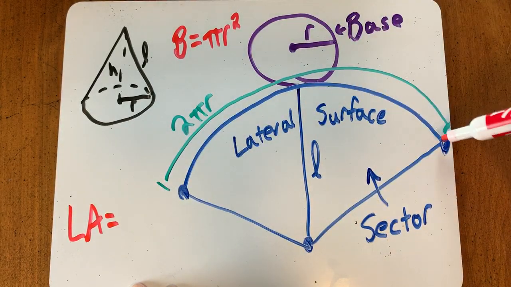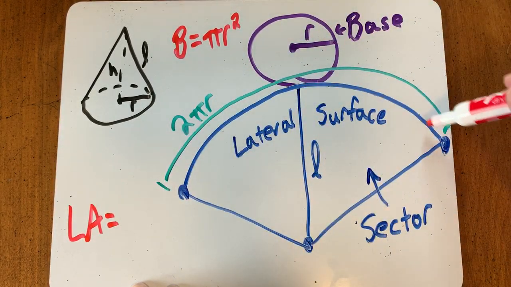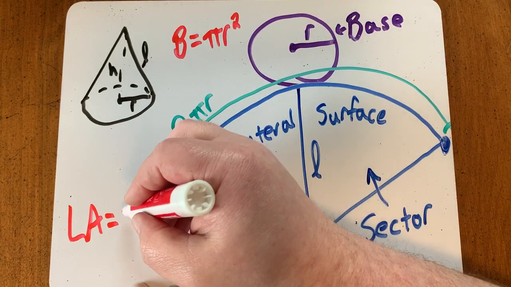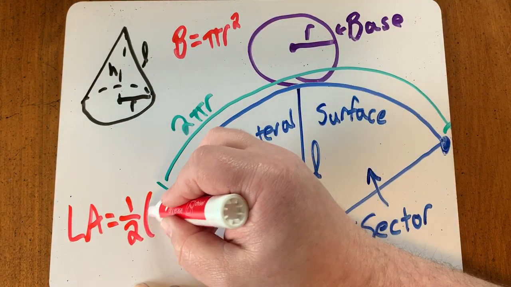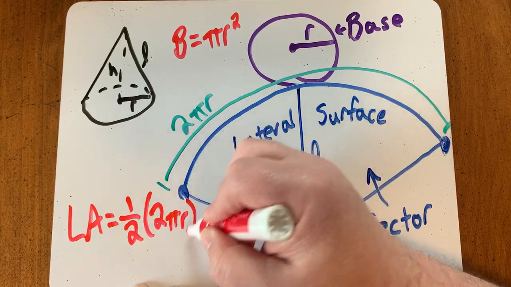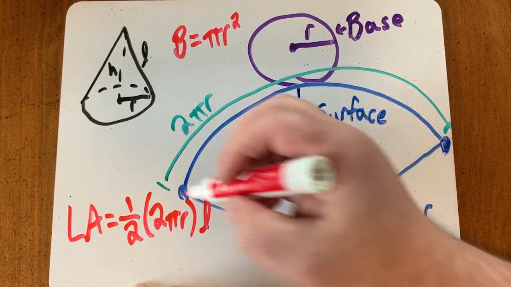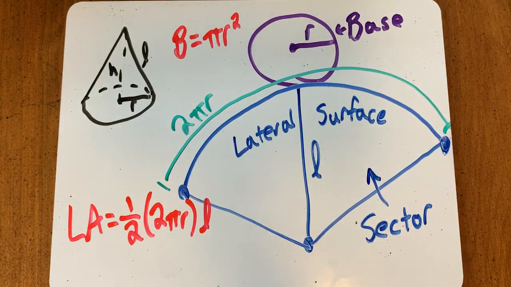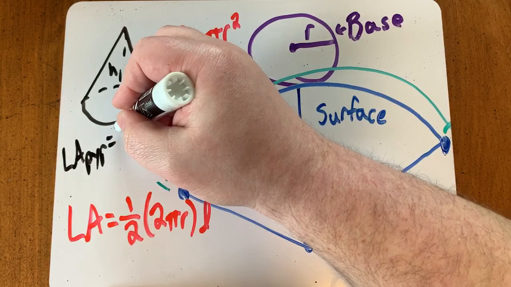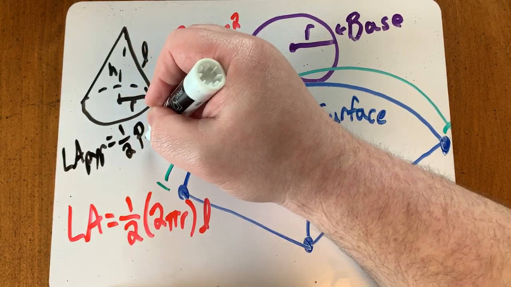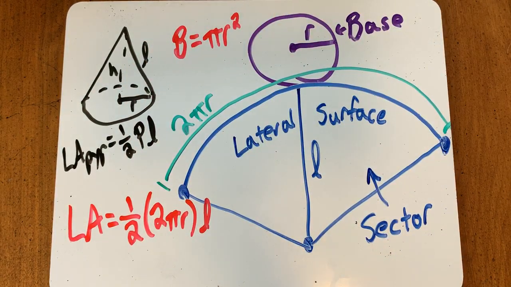It is the area of this if it were a triangle. So 1/2 times the base, which is 2 pi r, times the slant height. Very similar to the lateral area of a pyramid. The lateral area of a pyramid was 1/2 perimeter of the base times the slant height. It's very similar. Just our perimeter is now